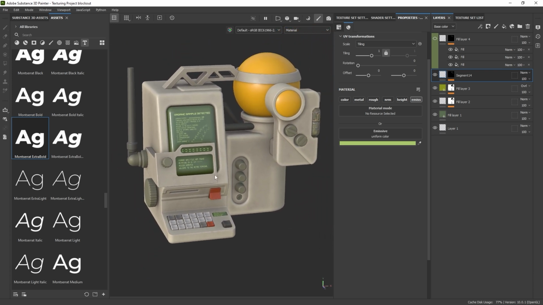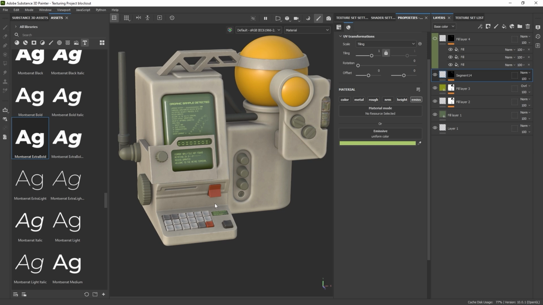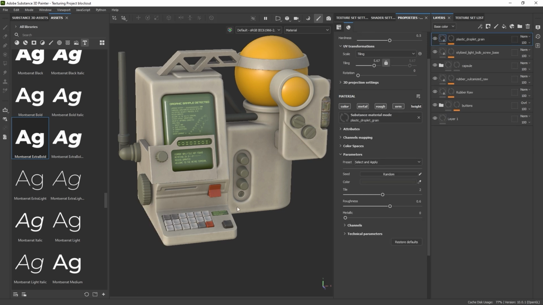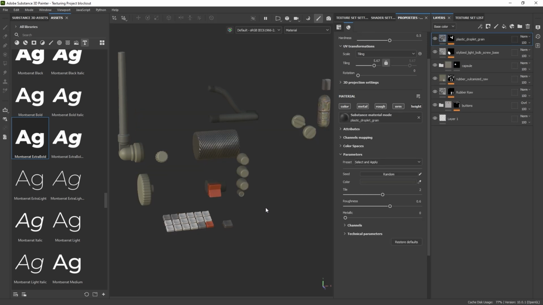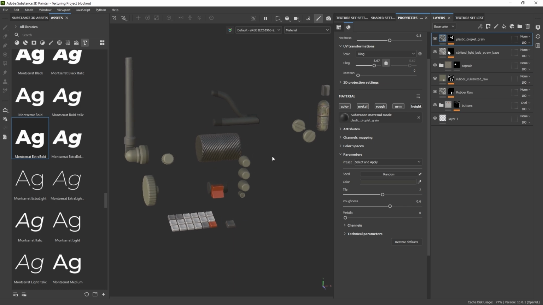Now the next thing are these buttons right here. I'm going to hold Control Alt and right click on the extras. I'm going to go into focus or solo mode, and I have a bunch of different materials. With the materials in here, when all of these bits and pieces are part of the same texture set, it's actually really simple. You just need to find the material that you want, or you can build your own materials